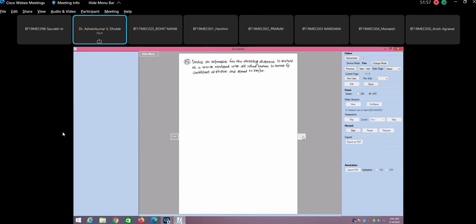Okay, calculate the value of coefficient of friction mu if the vehicle is stopped,